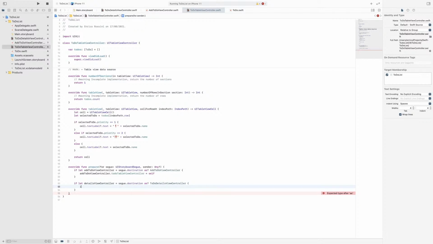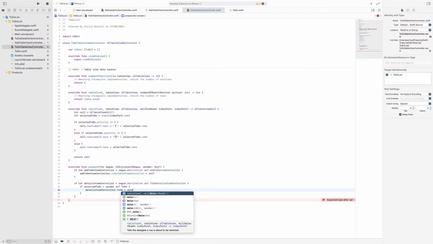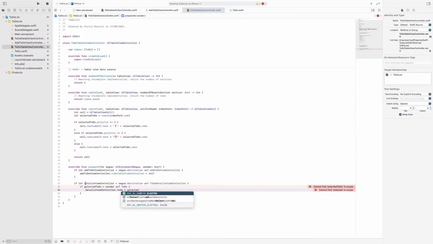Then if selected to do, if equal sender as to do, then in details controller I can find the to do is equal selected, sorry, I forgot let selected to do, much better. Okay,